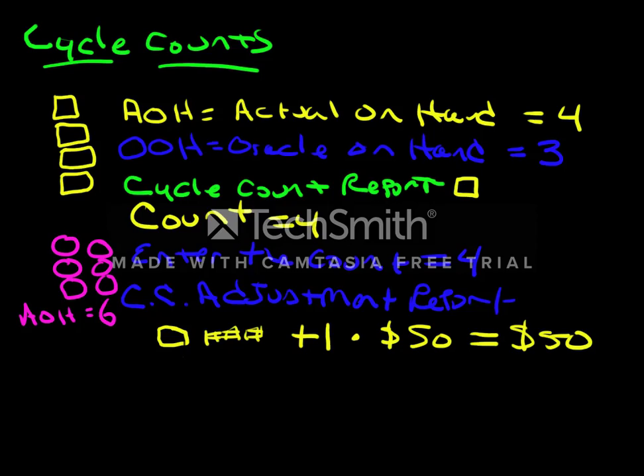The cycle count report has asked us to count those, and that has its own part number as well. But let's say when we did the count for these, we counted only 2 of those. So over here in Oracle, Oracle thinks that we, hold on just a second,